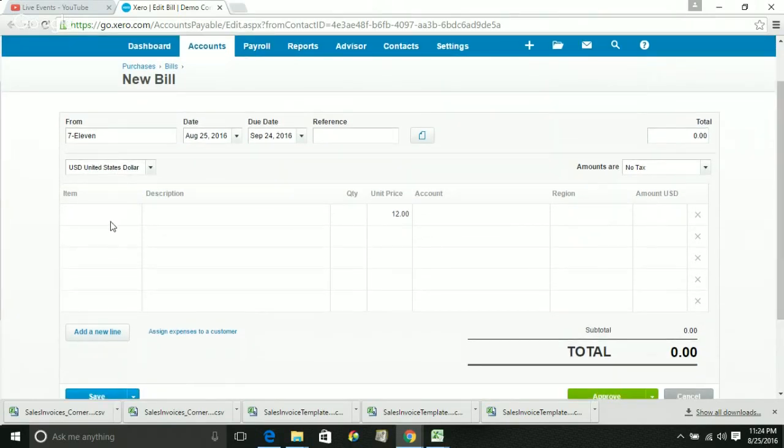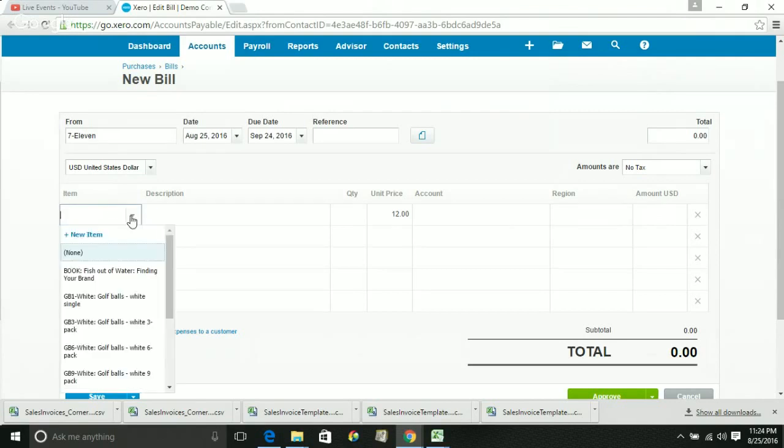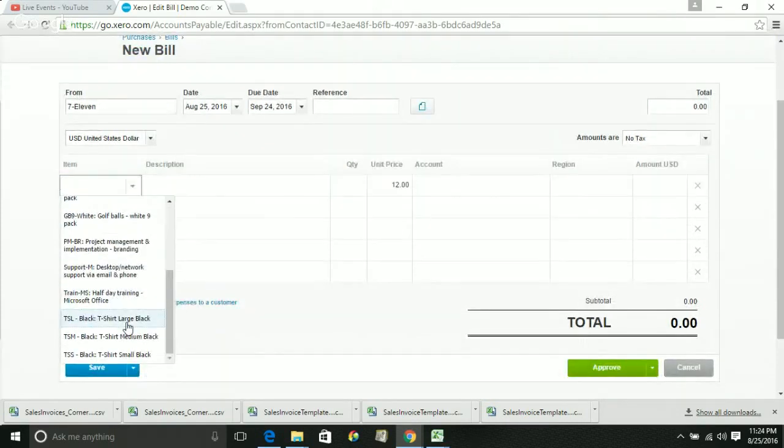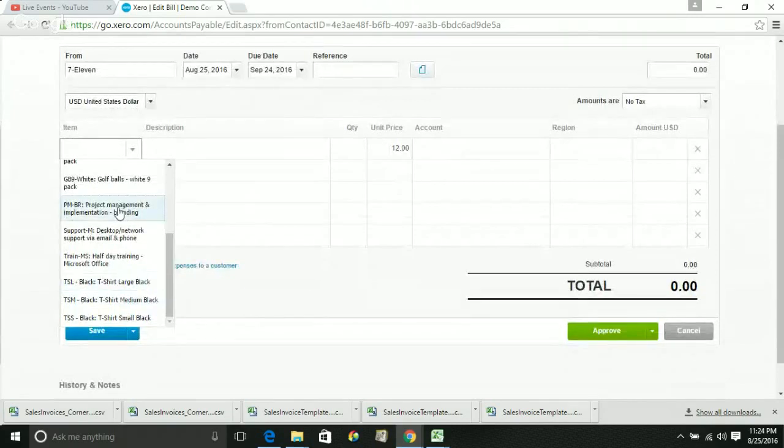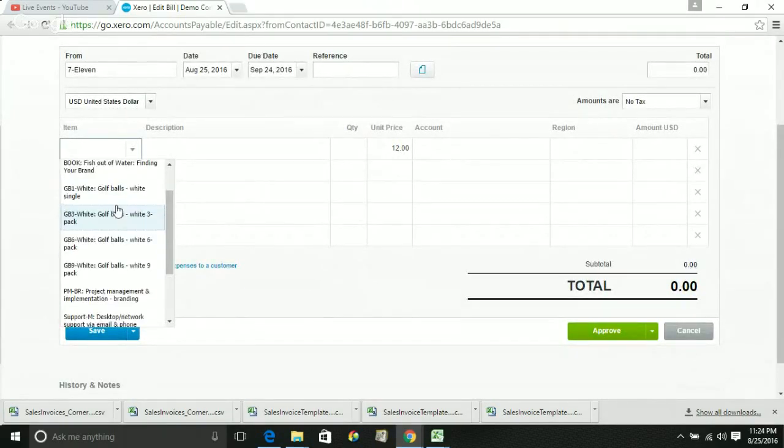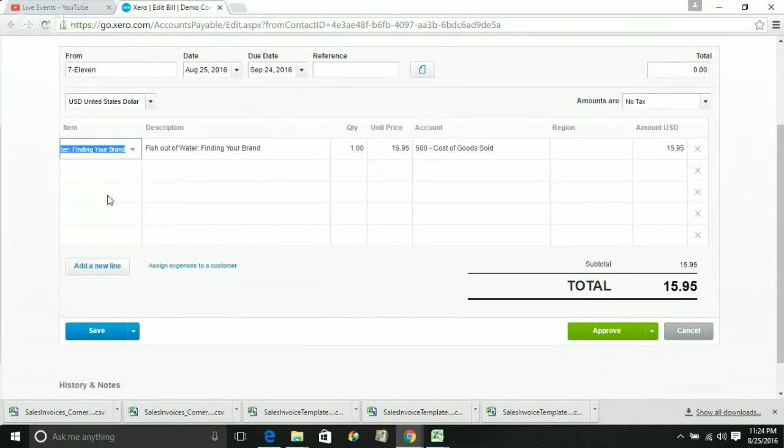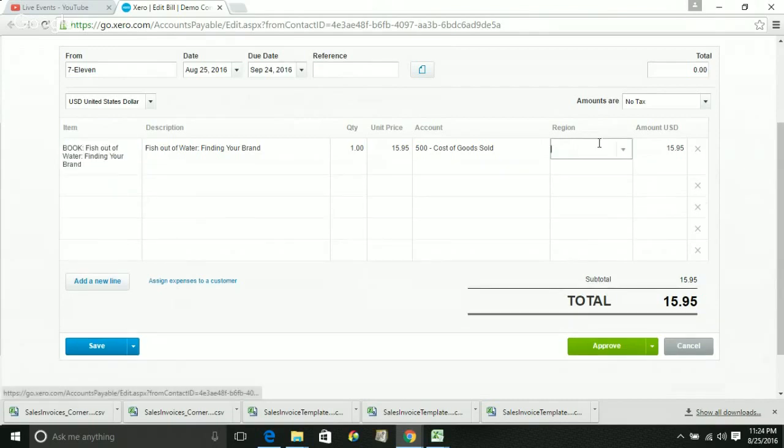Okay, so items we already put on the new items here. This is our demo content, so we'll automatically put the description, the quantity, the unit price, and the accounts that will be used. And then